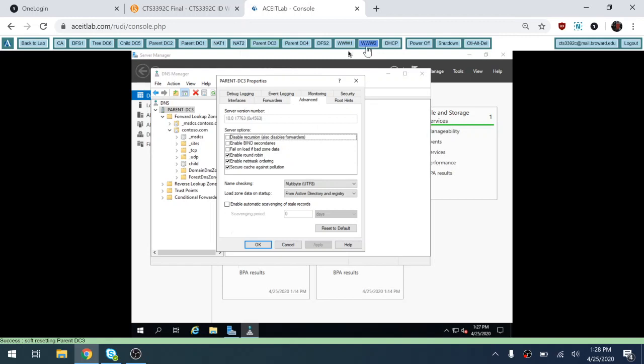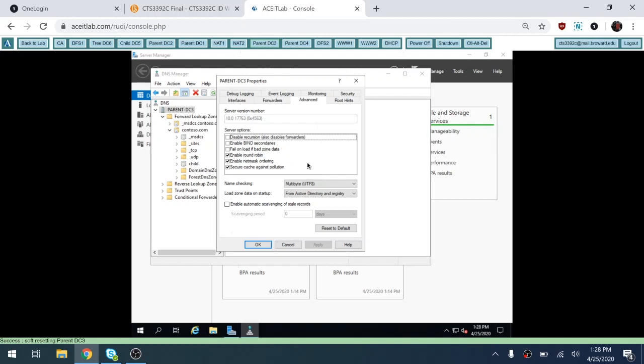If I didn't want to set up a cluster, what I could do is create an entry for each machine using the same name. So I could have only had one NIC on each of these machines, and I would create an entry for www and associate that to 172.16.8.5, and then create another entry for www, which would be